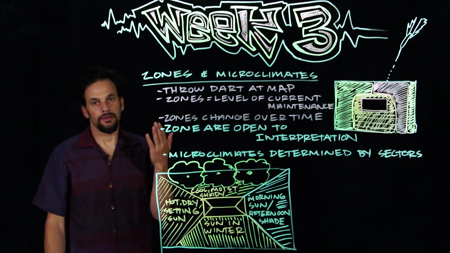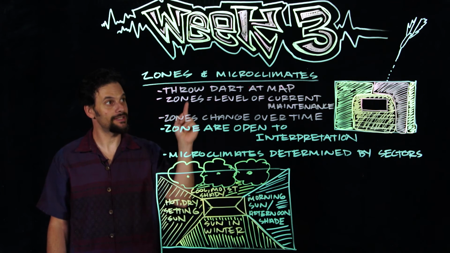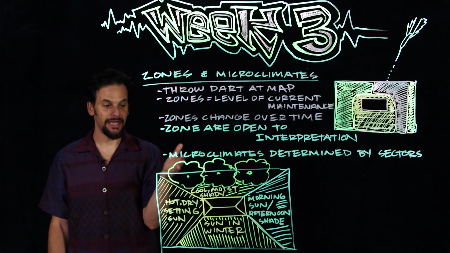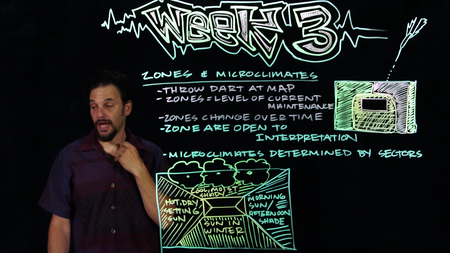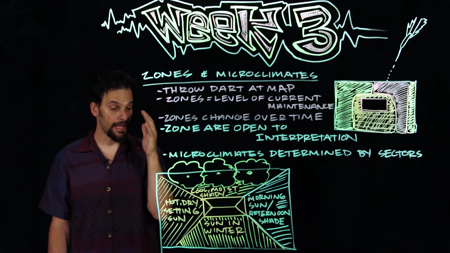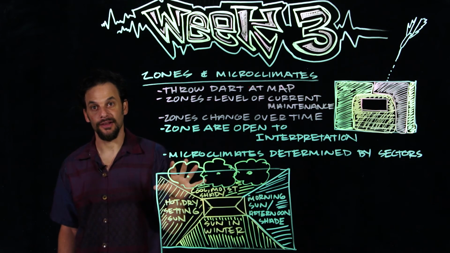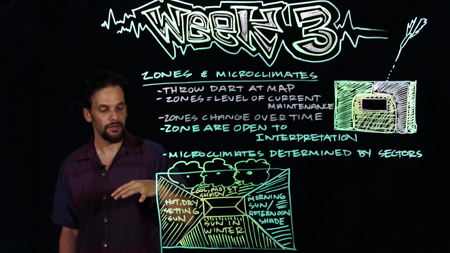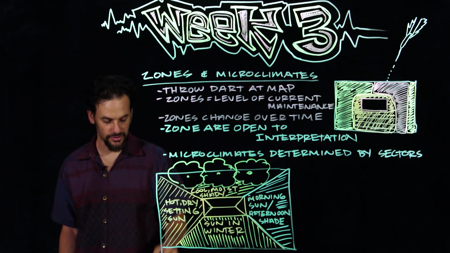So your microclimates can actually be really simple. But once again, you could see that if I threw a dart at this map, I would hit a microclimate no matter where it hit. Now, I've seen a lot of really amazing microclimate maps come out of this class, and you can get extraordinarily detailed and intricate with your microclimates. But just remember, a good starting place in doing this map is as a response to your sectors.